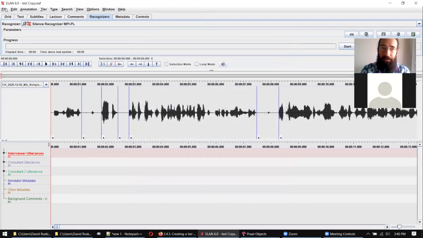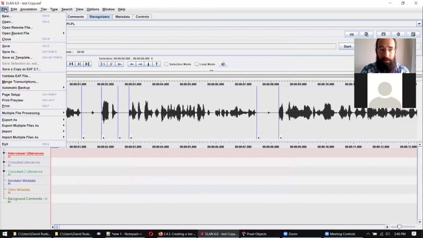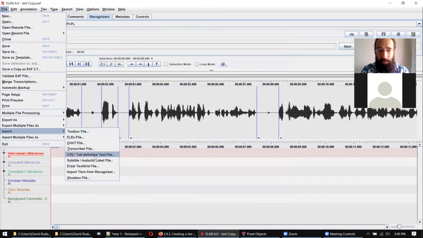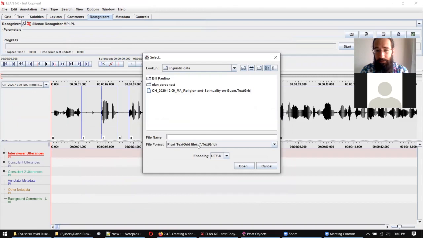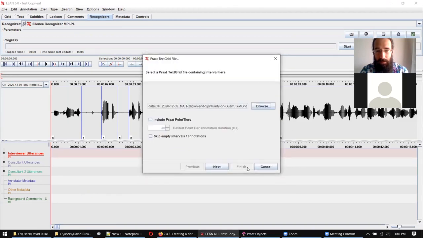The import in ELAN is pretty straightforward. You just go up to File, Import, and there's an option for Import Praat TextGrid. Choose the TextGrid file that you have, it'll already look for the TextGrid extension, so there shouldn't be too much that pops up so long as you're in the right directory. And then the one key is to skip empty intervals. This is the thing that we just were doing on the Praat side where we said